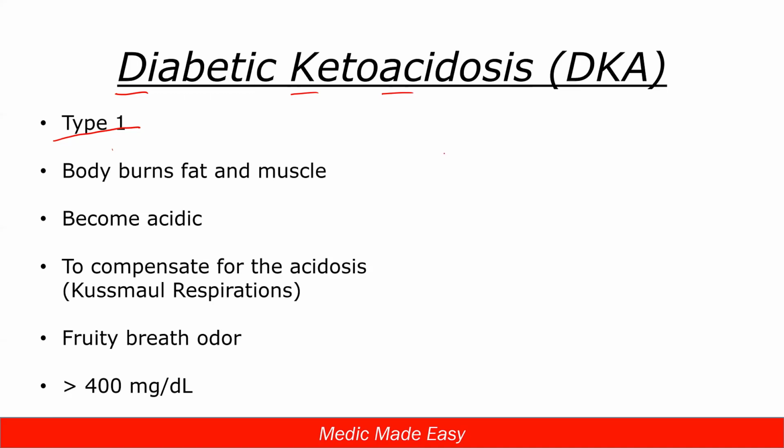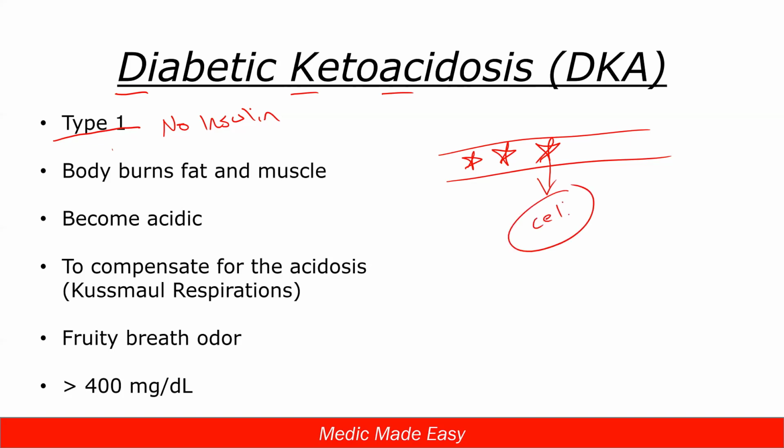Okay? So because in type 1, we said there's no insulin. Right? Our body has no insulin in the system, which means all of that blood sugar is not able to actually move into the cells. Right? None of that blood sugar can get into the cells because there's no insulin. Type 1, there's no insulin. And so our body has a backup system and says, hey, we can't utilize any of the sugar. Right? There's plenty of sugar that's there, but we can't use it because we don't have any insulin.